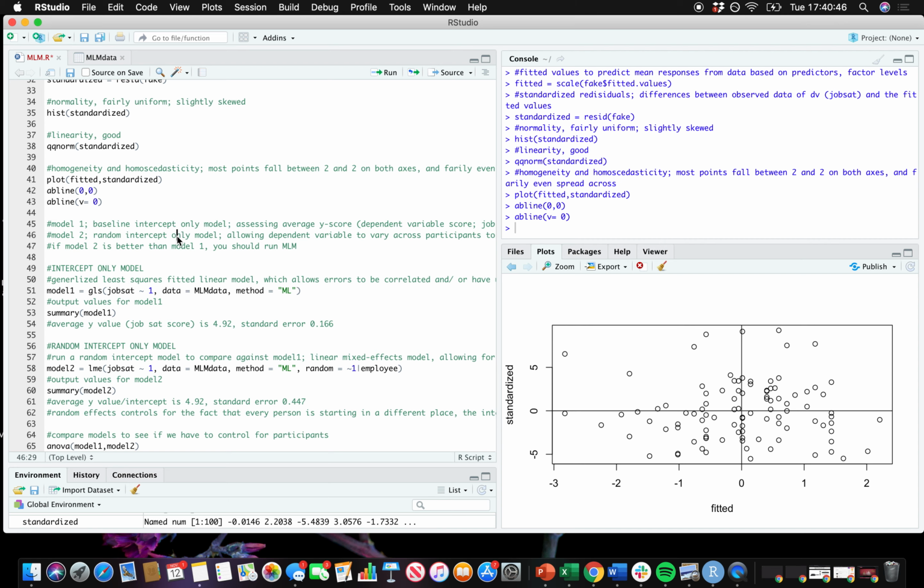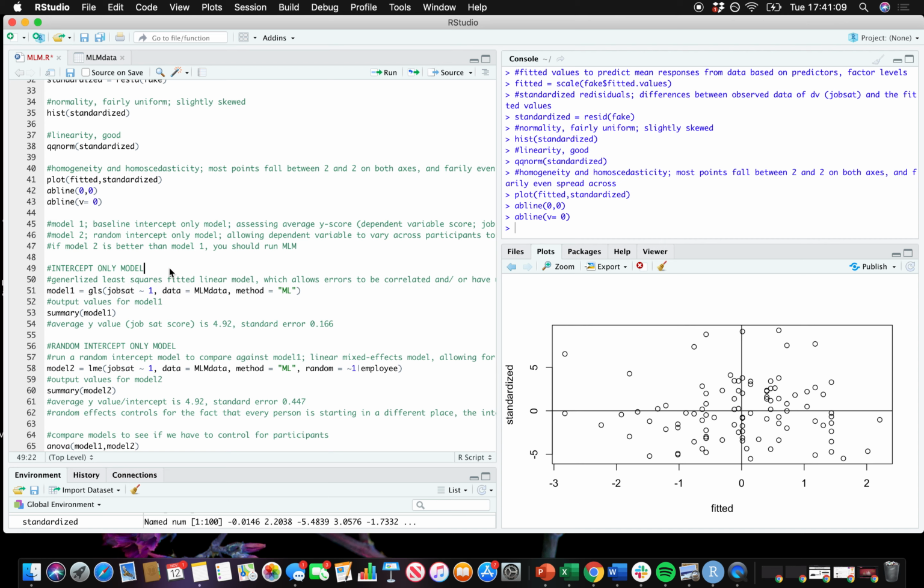So this allows the dependent variable to vary across participants. So you'll see it'll allow the employees to be variant depending on where they start out. So if model 2 is a better fit than model 1, that means you should run a multi-level model to